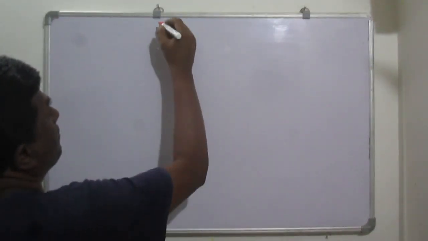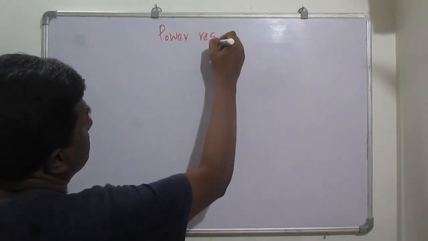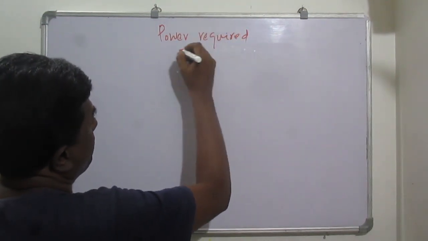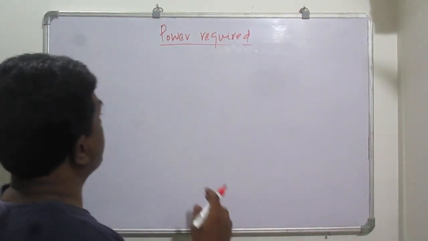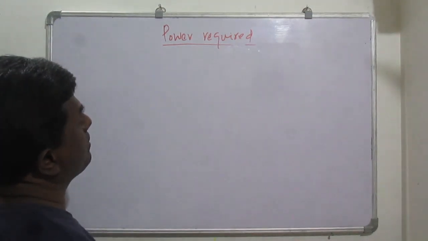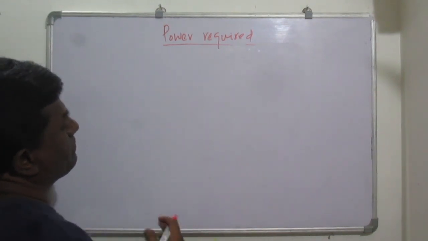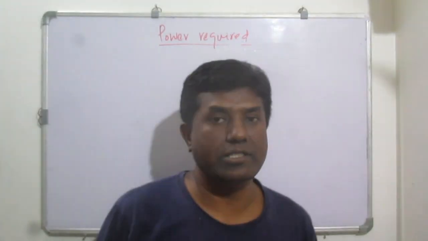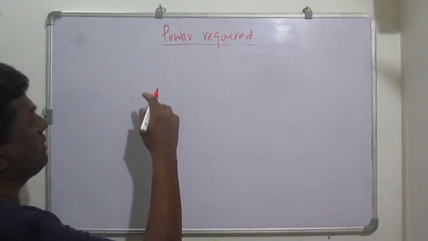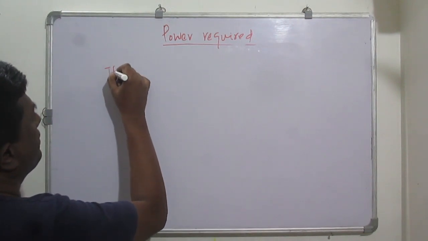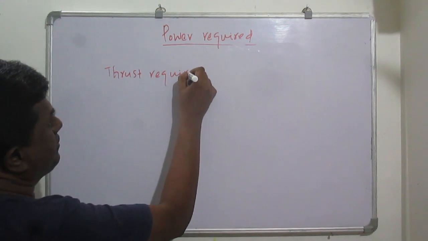We'll just see how. So power required depends on the thrust required, because power generally comes from the thrust. Or we can just say that we obtain power by multiplying the thrust with the velocity. Generally thrust required is a very important one, because